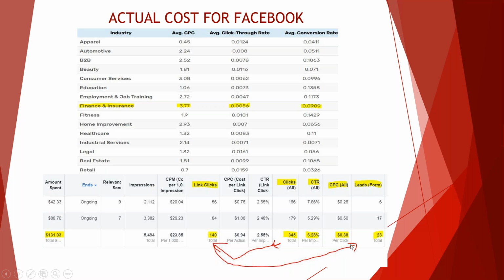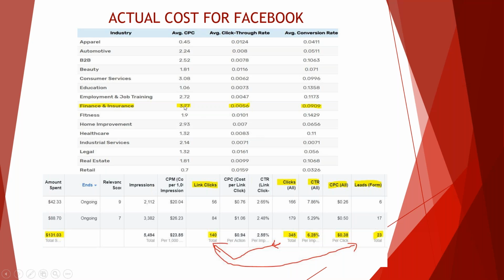You got 23 out of 140 people that hit the landing page, filled out a form. That's a 17% conversion rate. Here you're at 9%. So we're almost double the conversion rate. So when you multiply and you look at a fraction of the cost per click, 38 cents compared to $3, and you look at our 40% click-through rate conversion and our 16 to 20% lead conversion, we hands down crush the industry standard.